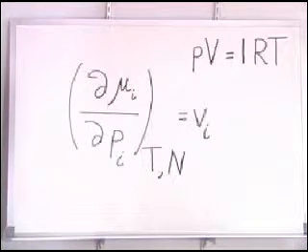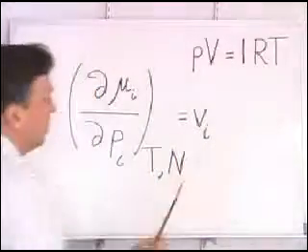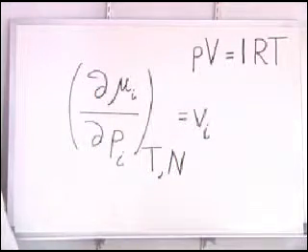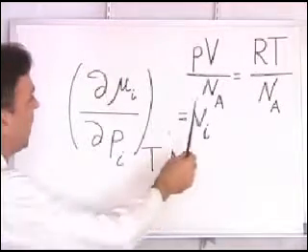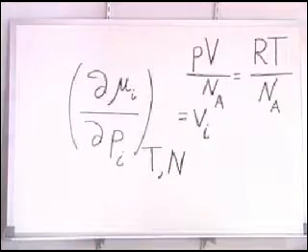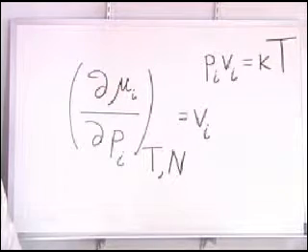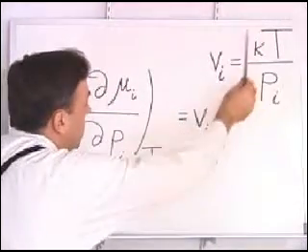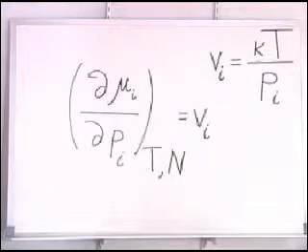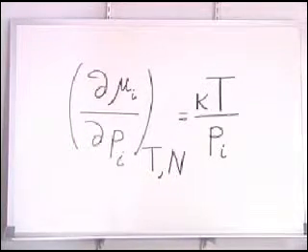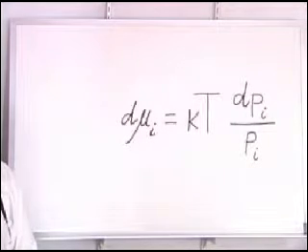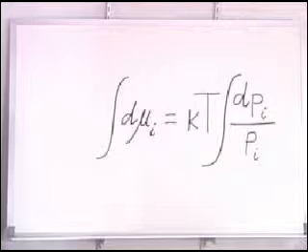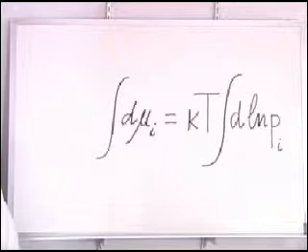Then from the ideal gas law we have for 1 mole this expression, while for 1 particle we have, where Na is the Avogadro number, and therefore we can substitute this expression for Vi here. The obtained differential equation can be integrated by parts. And now by rules of integration we have, and finally,